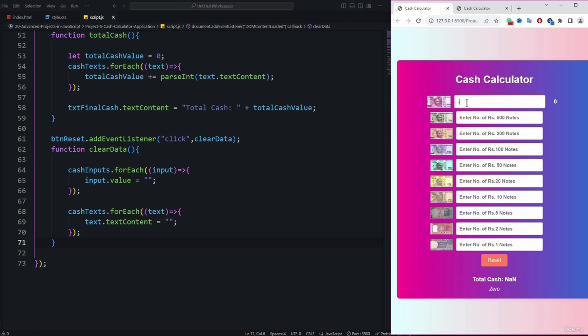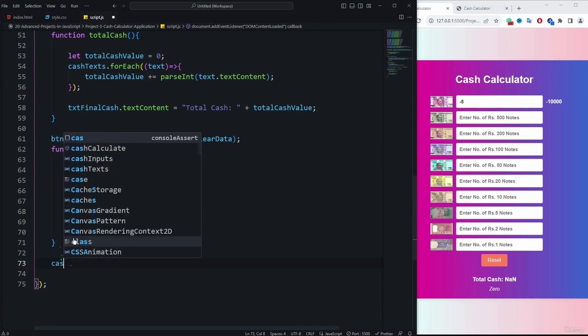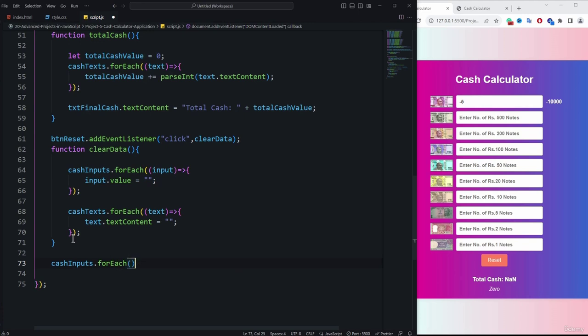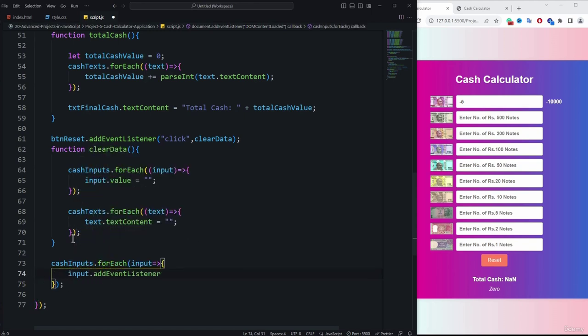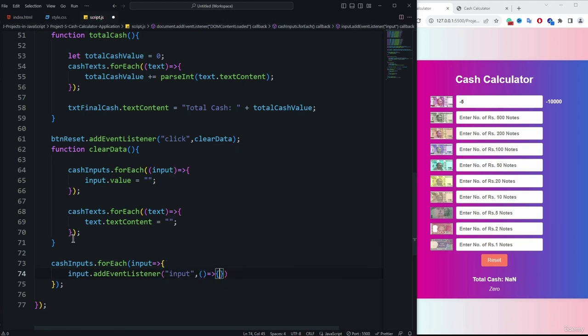Then for handling the invalid values like these negative values, we need to add a check for these particular cache inputs. So here we need to add cacheInputs.forEach, because we need to set it for every input element. Alright, then we need to provide the input, then the arrow function, means the arrow operator, and then start the block of the code. Inside that we need to provide the input, then we need to set the listener. So we want to check for the input values and specify the comma, then I will specify the arrow function,